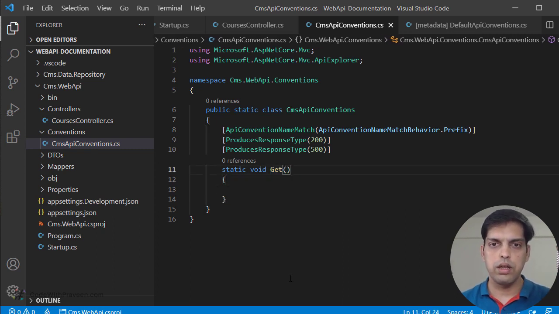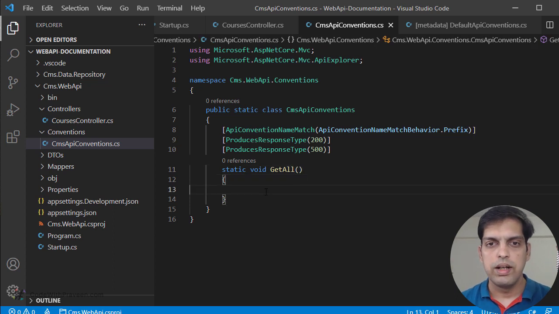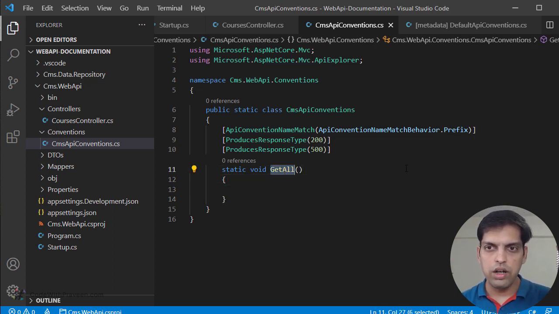Okay, this should be okay. Let's make it getAll. So if it finds any method that starts with getAll, that's why we have given it as a prefix, and it's going to apply these attributes. Notice that there are no parameters. That's all. So once this is done, it completes the creation of your custom API conventions.